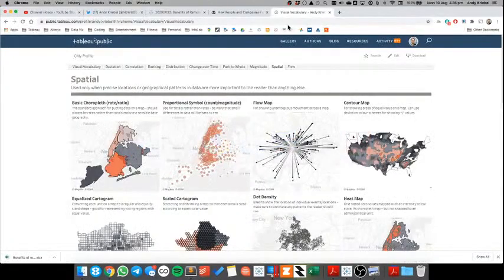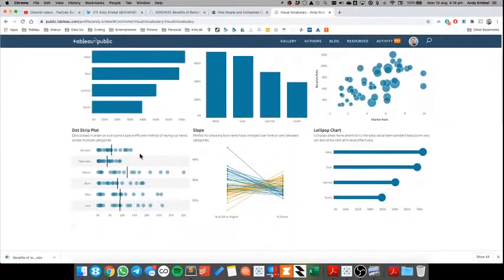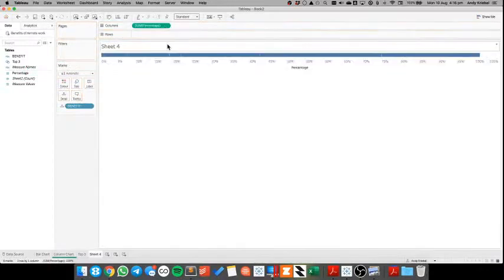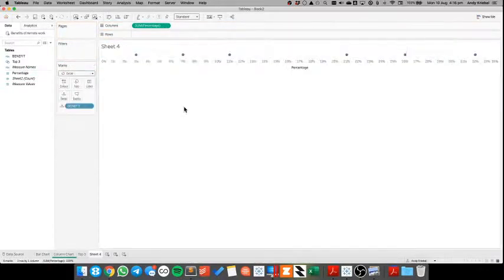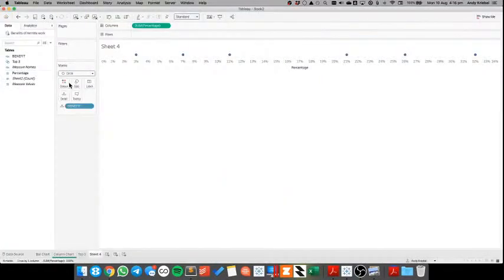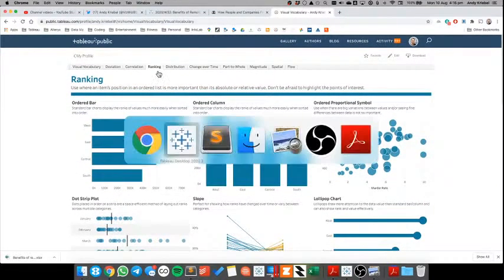So the dot strip plot, if I go back over here, I think it's correlation. Let's see. Nope, it's not that ranking. So here's our dot strip plot. So what I could do then is maybe put the benefit on detail, the percentage on the columns, and make them a circle. That's not particularly exciting. Okay, that's not very useful. So that dot strip plot doesn't work,